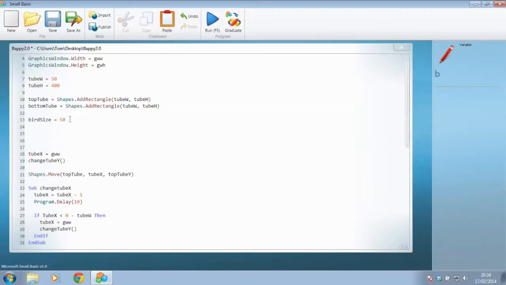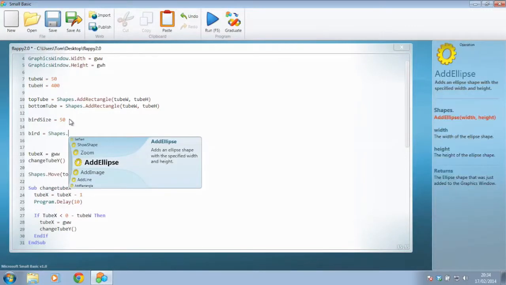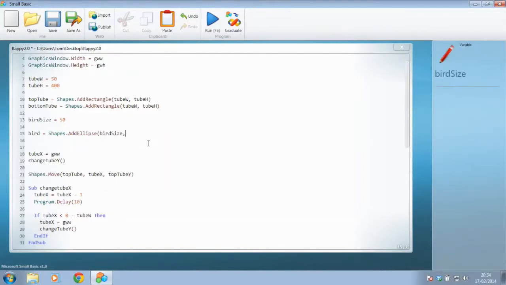So I've said that I want my bird size to be 50, so I need to create my bird, and this is going to be a shape. Oh, it's auto-completed for me when I didn't want it to. Bird equals shape, and the shape that I'd like to create for you, bird, is an ellipse. And the ellipse, as you can see over here, much like a rectangle, just wants the width and the height. Well, the width is going to be bird size, and the height is going to be bird size, so it's 50, 50,